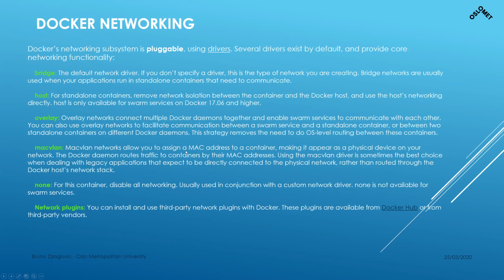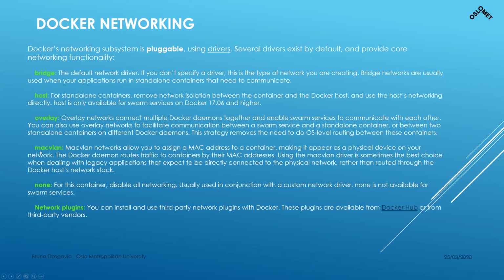So MacVLAN will tell Docker also to broadcast Ethernet frames through the LAN network. So if you're broadcasting Ethernet frames, it means you have all the rules that apply for bridging, like the STP protocol for spanning tree, avoiding loops in layer 2. Everything will apply also to this container, because the router and the gateway or the firewall will observe the Docker running the MacVLAN container as a physical machine, as a computer.